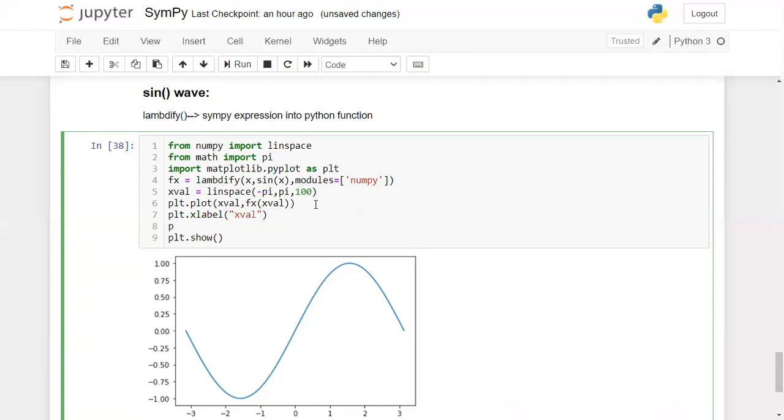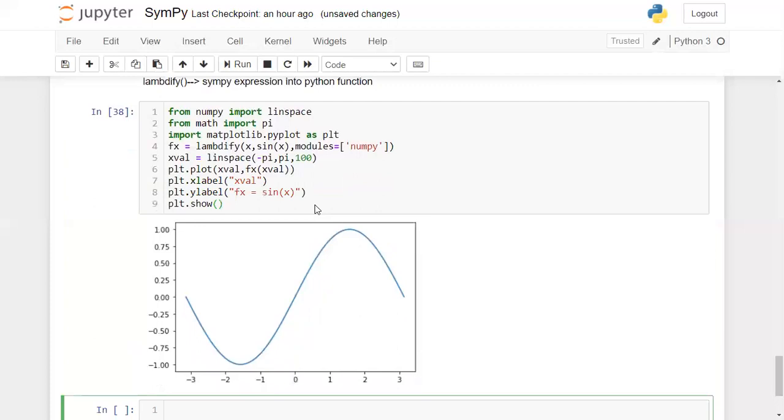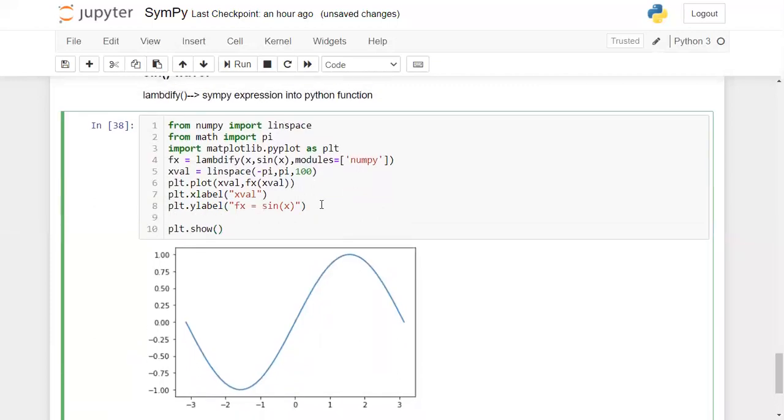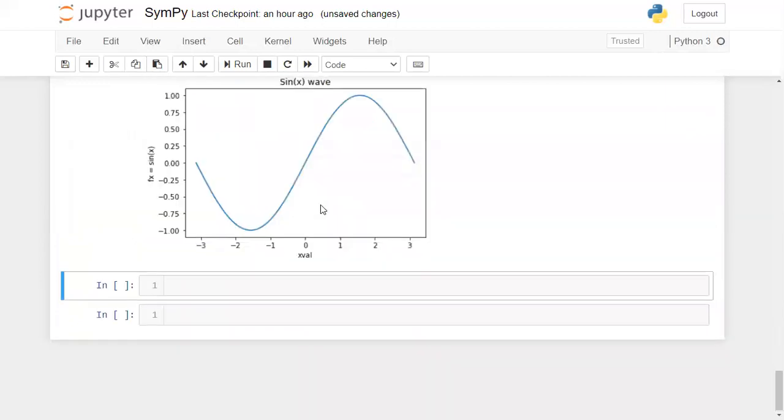On the y-axis, what I'm representing is sin x values, so you can write fx equals sin x values. And what you are representing here is a sine wave, so you can give some title to it. I'm just giving the title sine wave. Now try to run this.